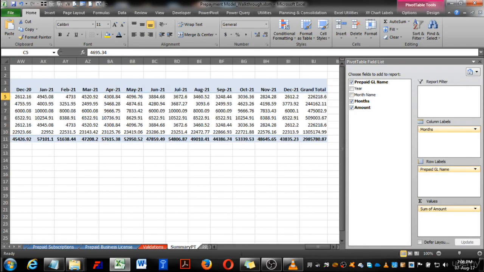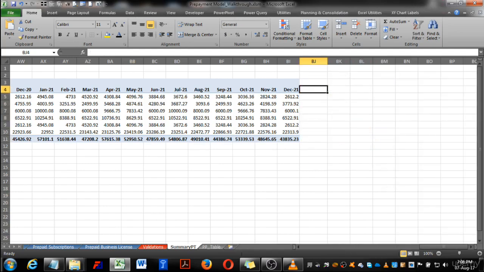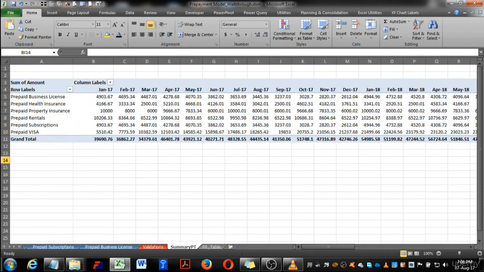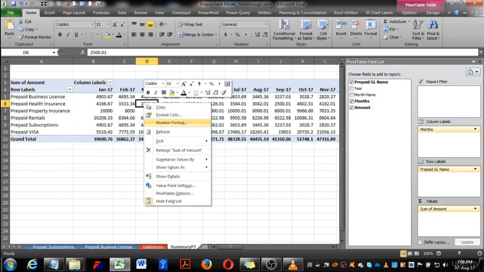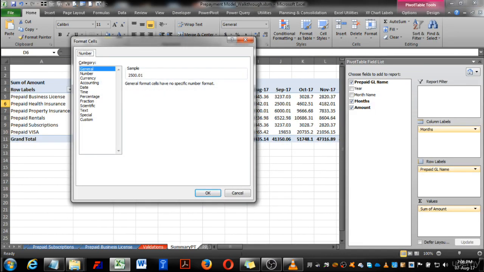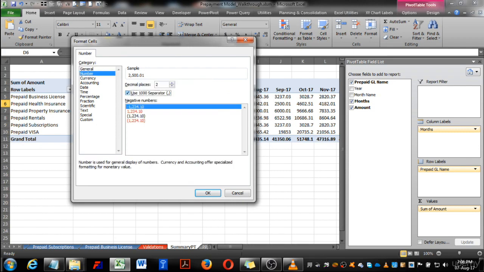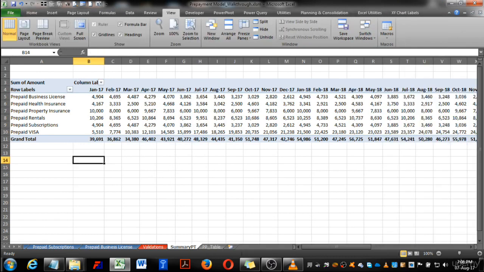Now we don't need this grand total column. It doesn't give any meaningful information, so we can remove that. Now let's format the numbers. So to right click, go to number format, go to number, we want decimal to 0. Now we can remove the grid lines,